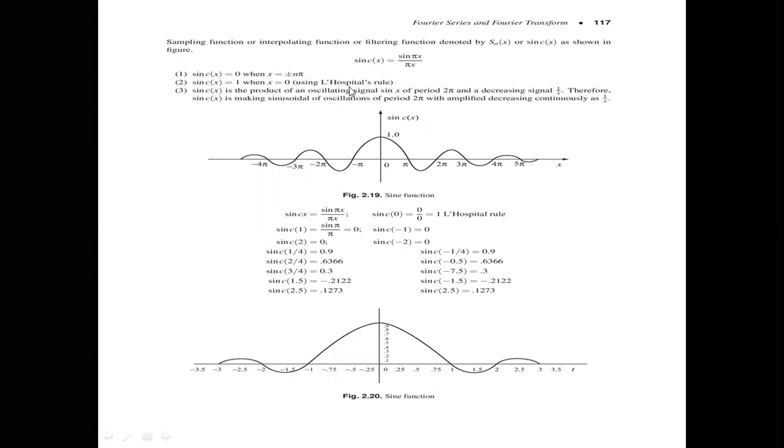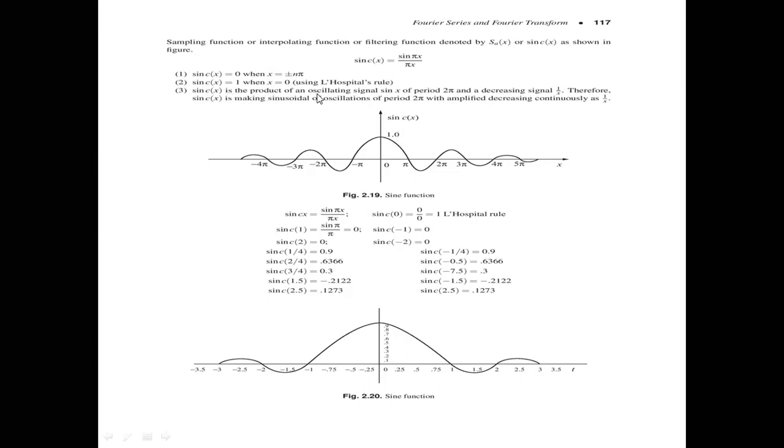I already told this L'Hospital rule. Sin pi x by pi x: apply the rule, the derivative of sin pi x is cos pi x times pi, and cos 0 is 1. Okay, my dear students, it's a 1 value. So sinc